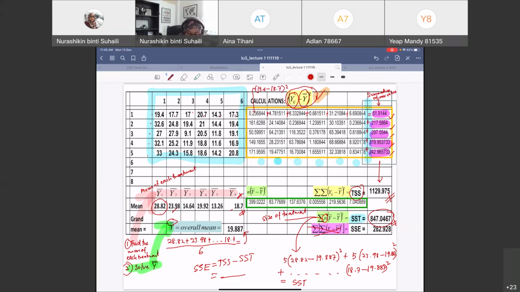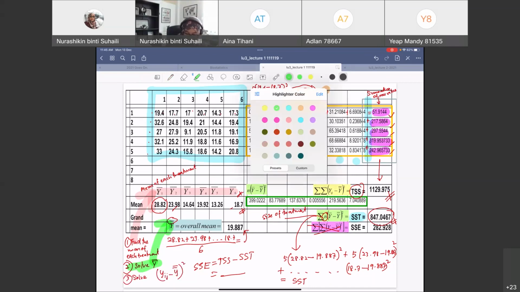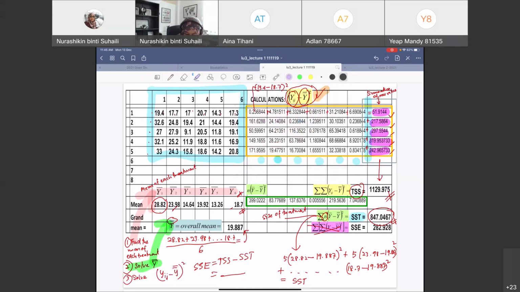Okay. The third one is solve Yij minus y bar square, which is this. Okay. And then you solve for